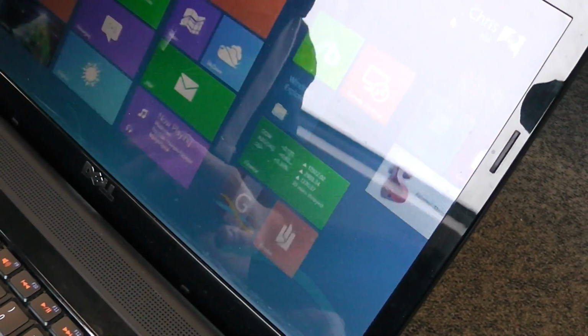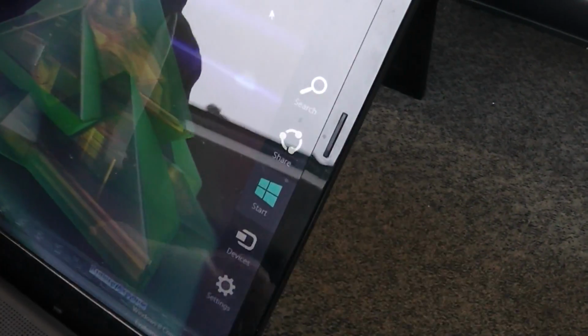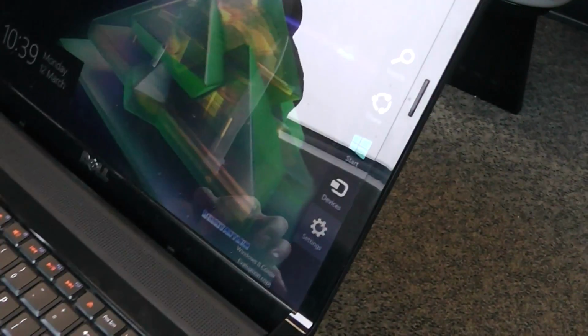Control C, or is it Windows C, does something? I forget what that is. Windows C brings up that little thing on the side, which gives you the sort of contexts. That's basically, if you're on a tablet, you press that to do the search thing you've just done. Right. Share is like,